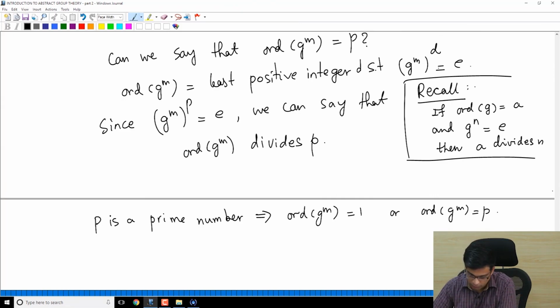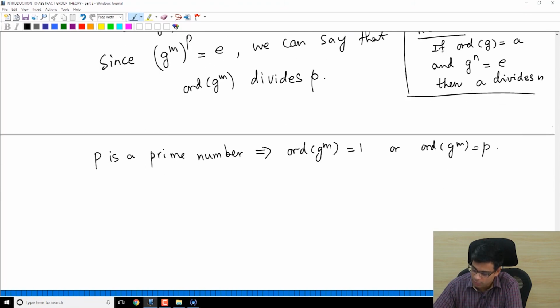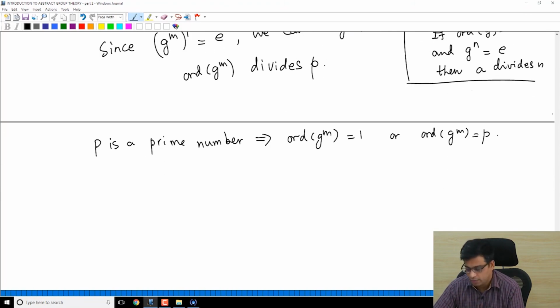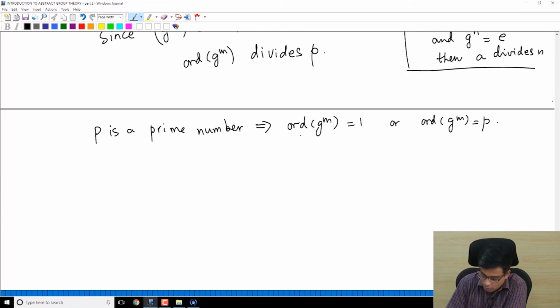So order of G power m is 1 or order of G power m is P, because the only numbers that divide P are 1 and P. But order of G power m is 1 means what? G power m is identity. Right? An element has order 1 if and only if it is identity. But if G power m is identity,